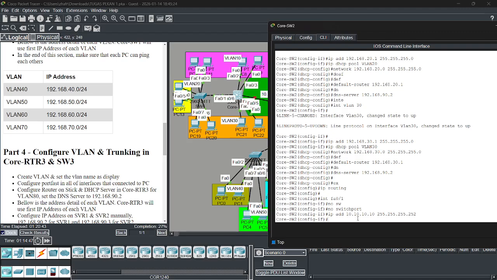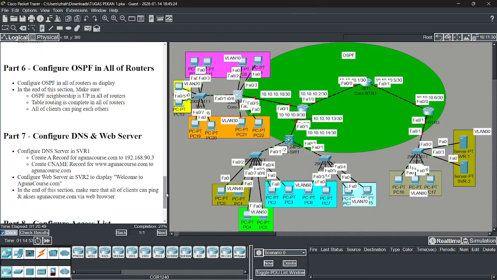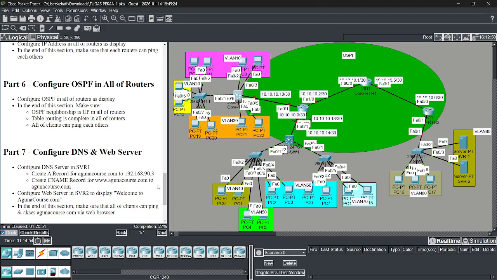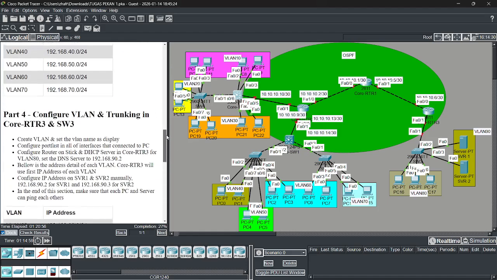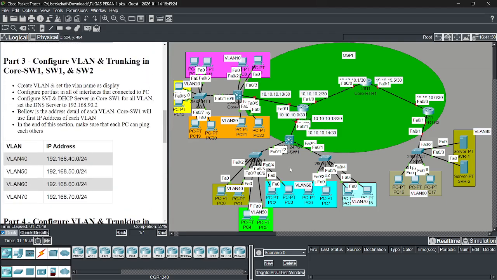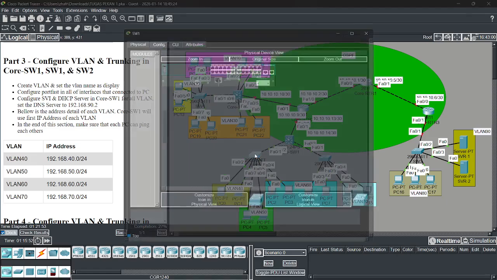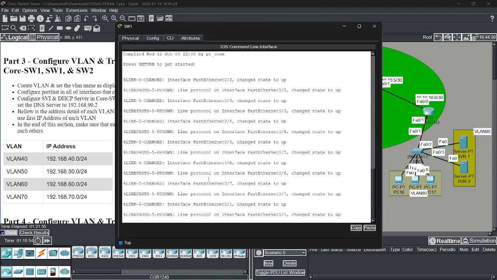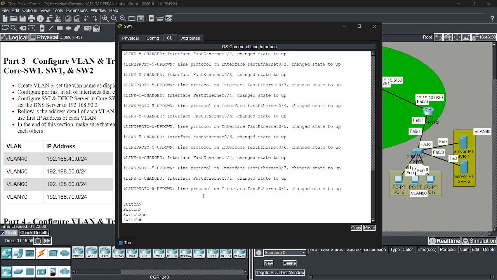After that, we go straight to OSPF. Okay. OSPF. No, the OSPF is later. Okay. We go to the next configuration, which is switch 1. Enable. Configure terminal.